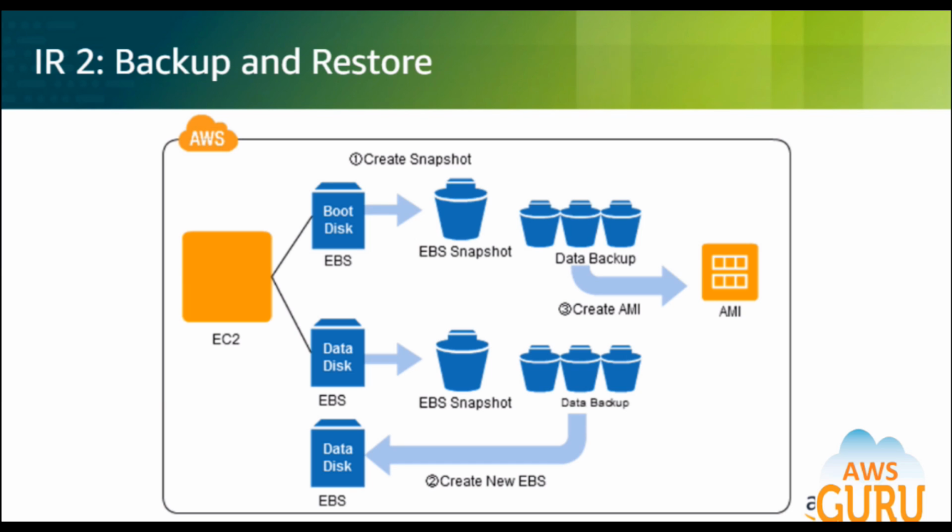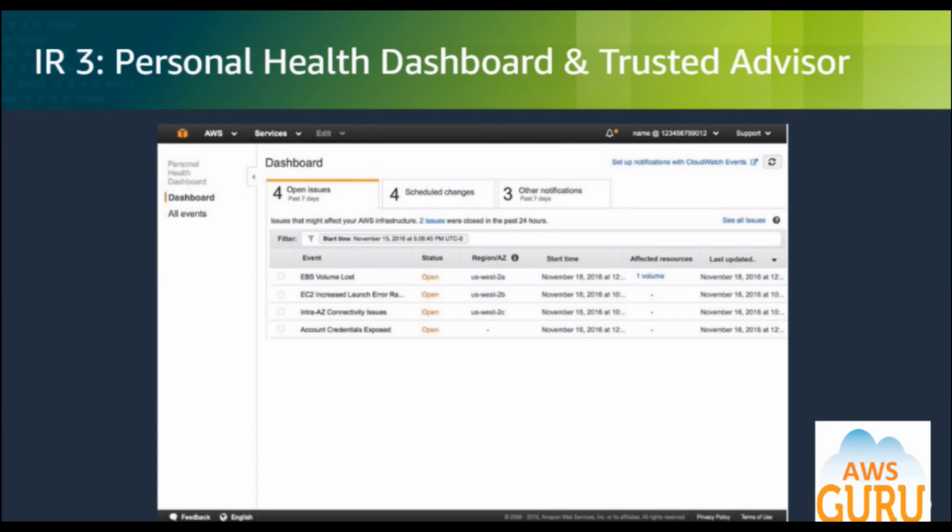The ability to restore from snapshots and backups and versions should absolutely be part of your incident response plan. Put the process in place to perform regular snapshotting and then test the restoration as part of your simulated incident response plan. Personal Health Dashboard and Trusted Advisor are great services that can help you speed up your response time